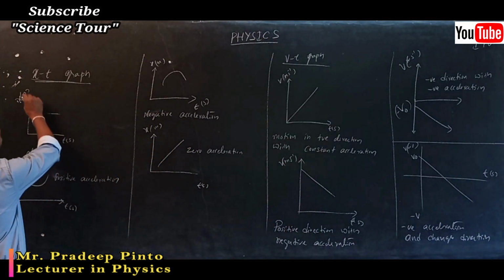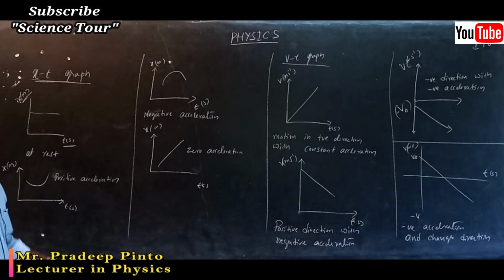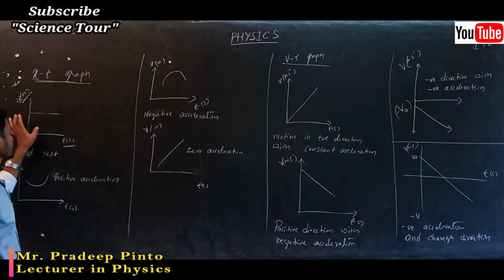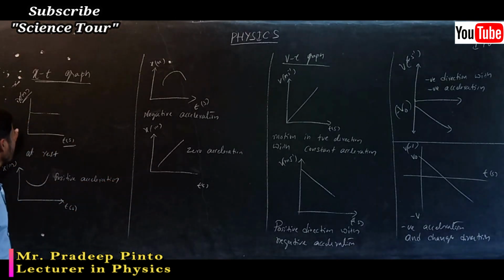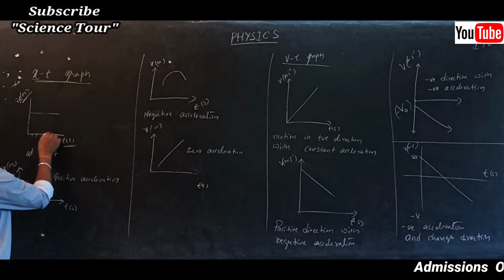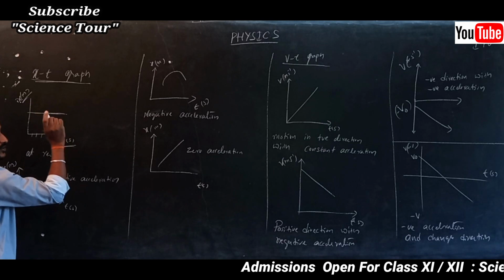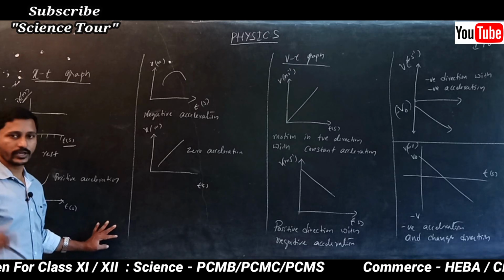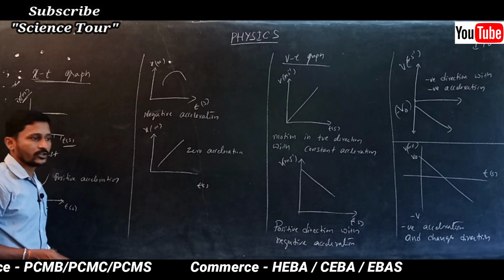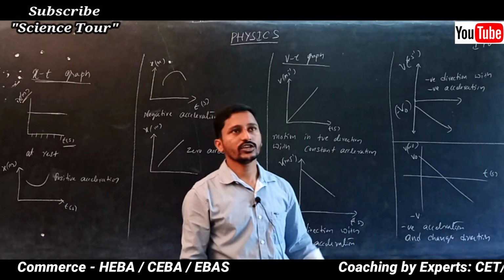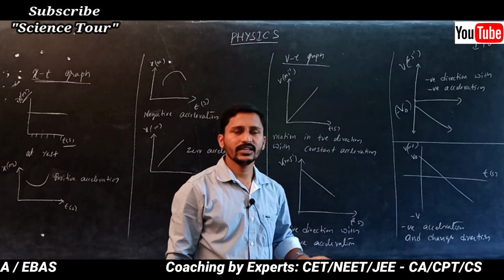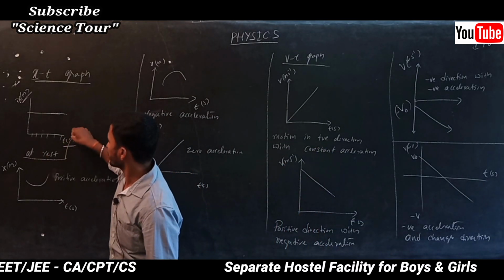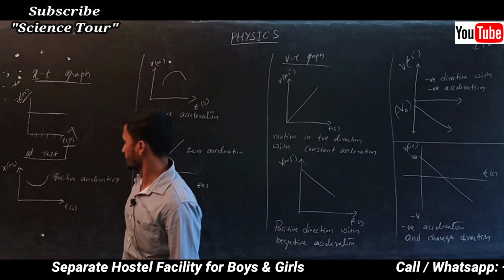So this graph is nothing but the position time graph. Always write position along the y axis and time along the x axis. Here time goes on increasing, but position is not going to change. Means the board is not going to change its position with respect to any of the surroundings. If you stand somewhere for two or three or four hours without changing your position, you are at rest there. An object which is at rest is indicated by this graph, the position time graph.